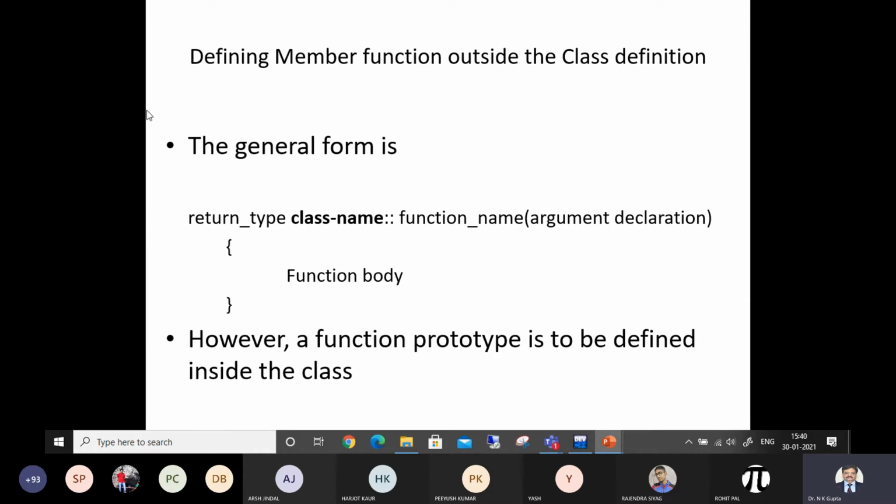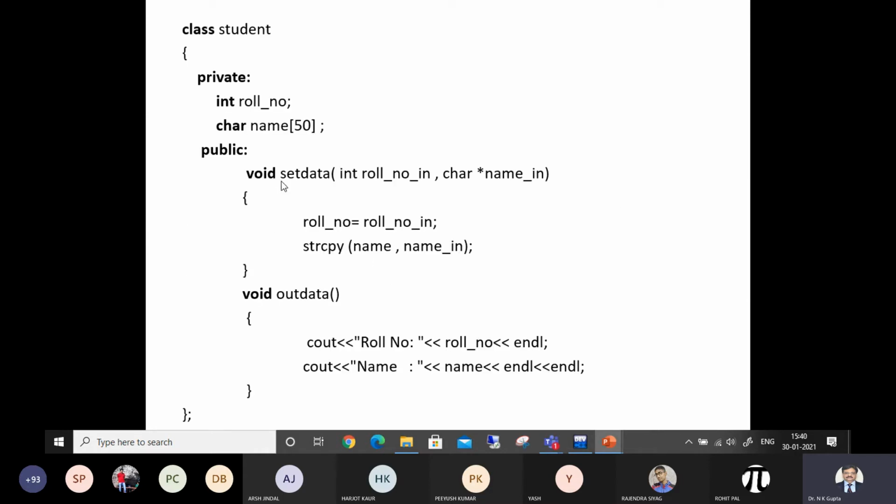Now, what is the general form of it? Whatever the return type is, it will remain the same. But when we are writing the definition, of course, inside the class, if you are referring to a member function, then the prototype should be there, and the definition has to be there. It will not work with only a prototype.